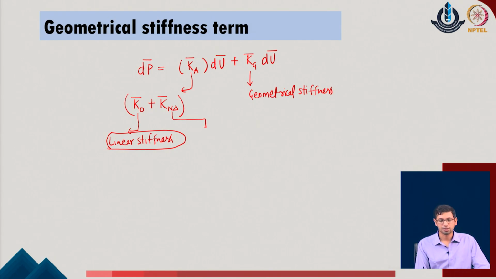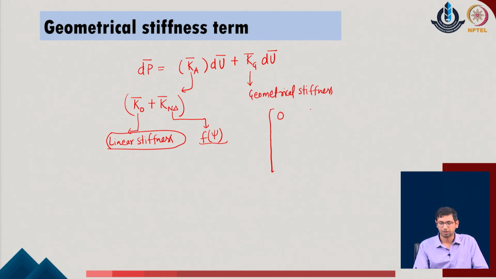The second parameter is the contribution of the stiffness due to the nonlinear or large deformation parts, and this eventually comes out as a function of the phi parameter of the given system. All the changes taking place in the system due to large deformation will be contributed to the stiffness through this particular parameter. So as the displacement changes or gets modified, the stiffness of the system also gets modified due to this parameter of the nonlinear stiffness part. At the same time, we now have a term which is the geometrical stiffness in the system, and if I look at the expression, it comes out in this manner.